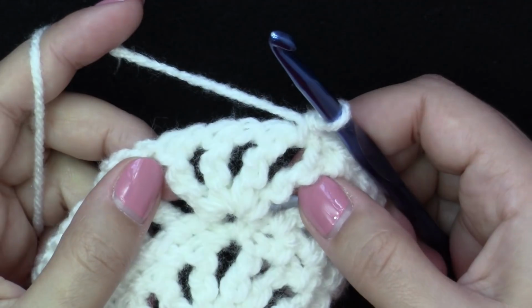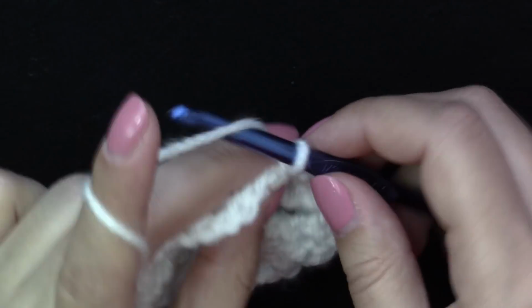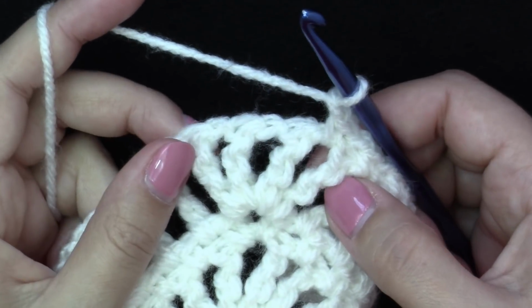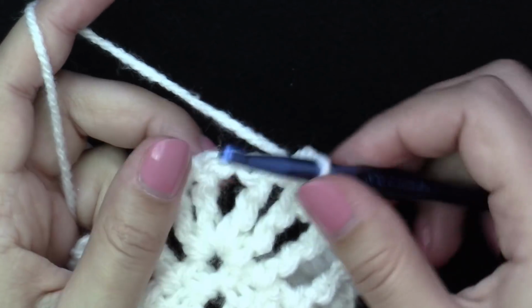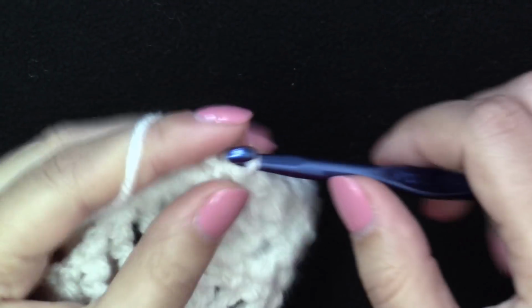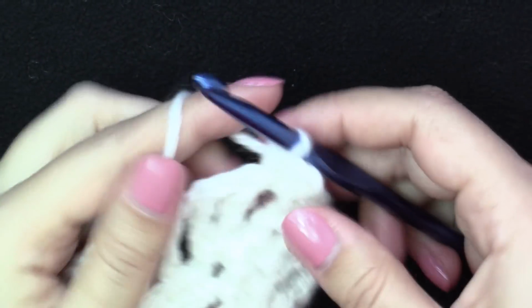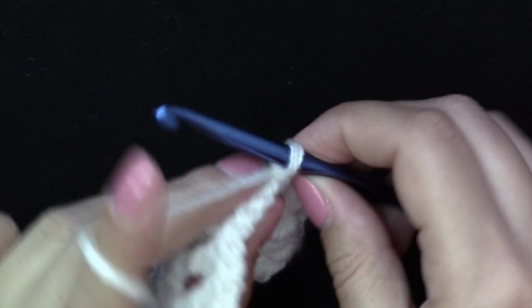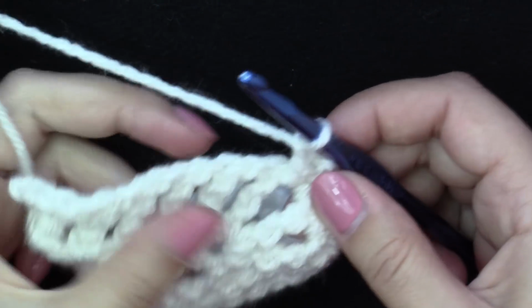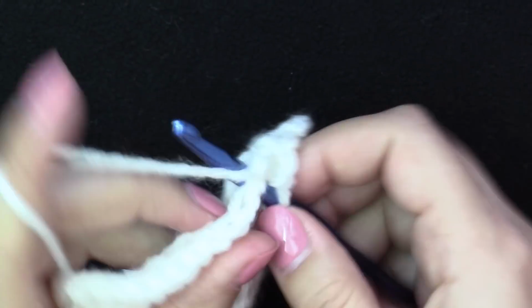Here in the corner we had 4, so you would make a new corner in between, right here, right in the middle. So chain 1, and here you're gonna put single crochet, chain 3, single crochet into the same, and there is your corner formed. And we'll finish this side with chain 1, single crochet into the next chain 1 space till the end,